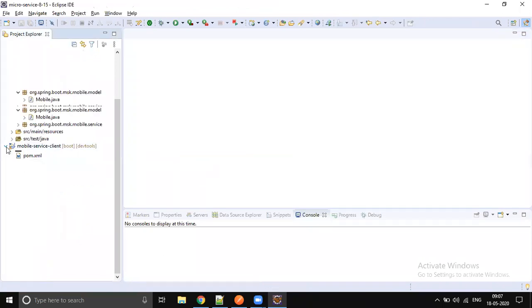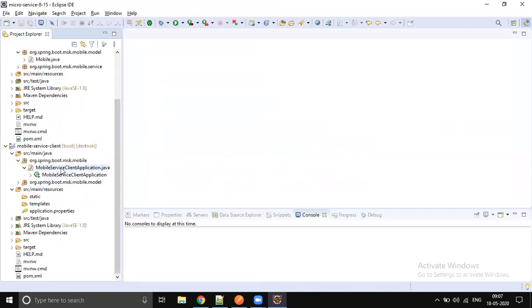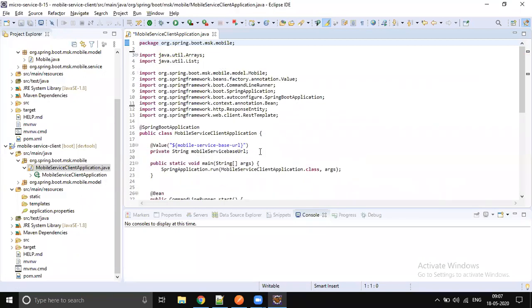Okay, any questions till now, whatever we discussed? Any doubts? Sunil, can this REST template be used for SOAP services also? No, that is a different template we will use, the web service template. Okay. The REST template is only for REST. The name itself is telling it: it works only for RESTful web services.